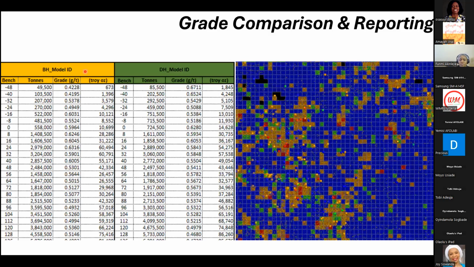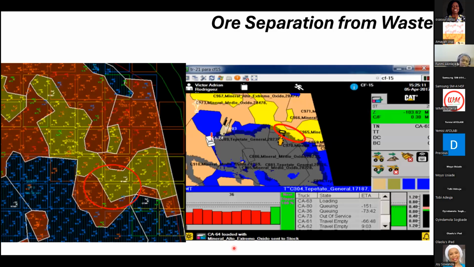So this is also interesting. What we do is we help the team responsible for ore characterization for mining. What we do here is get all the information of every part of the mine to ensure that we are at the actual ore or the actual gold. We use different criteria, which I don't have time to go into, but we get all the specific information and pass it to the ore planning team, and the ore planning team passes it to the mine. And like you can see here, this was taken in real time.